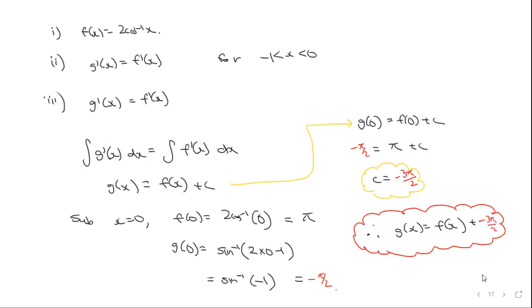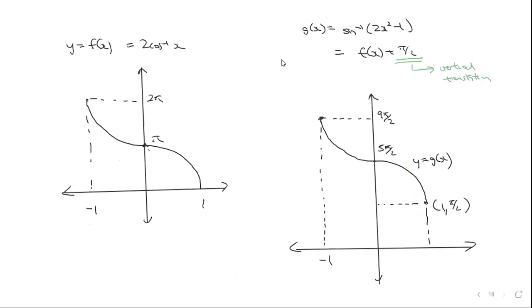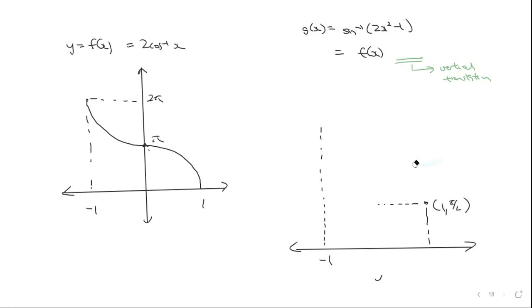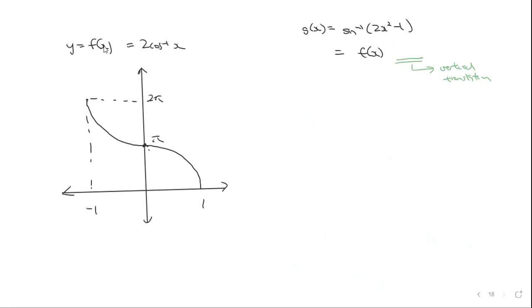Which means the concept is the same, but our graph is indeed incorrect. We actually want to shift it down by 3 pi over 2. And I also neglected the domain, which came as an afterthought. So it will be the same idea, but this should be -3 pi over 2. And noting, of course,